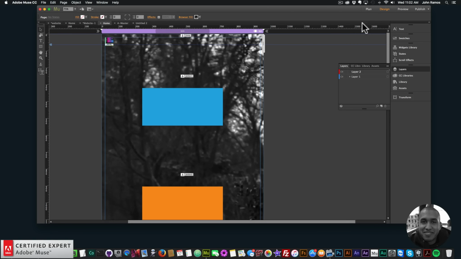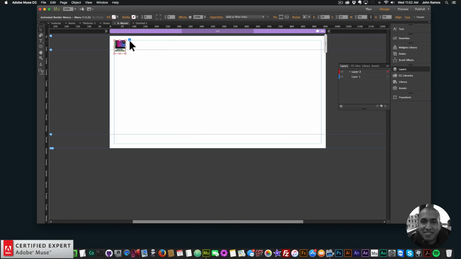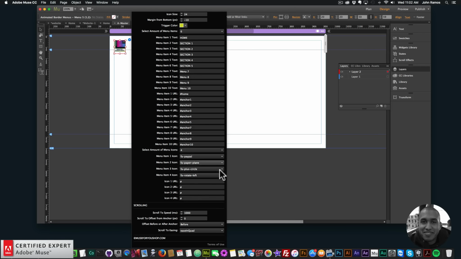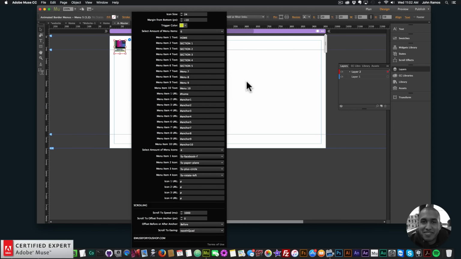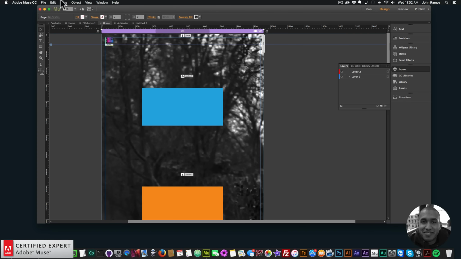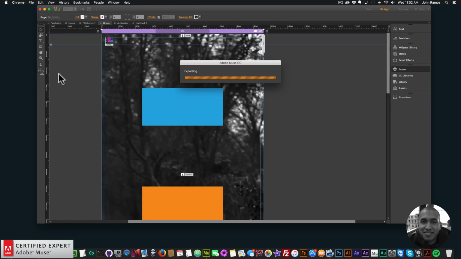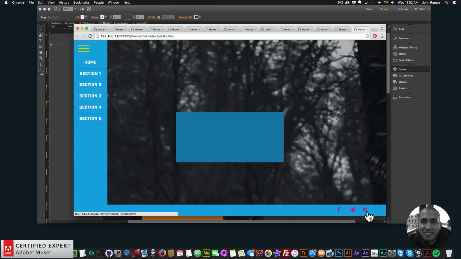And then here, I'll go to the master page. Here in the widget options, you do have the option of the menu icon. So, I could do Facebook, or there's just a lot of icons. If you did want to see the individual icons, I'll change it to Facebook, for instance, and then I'll go to the plan view, file, preview page in browser, and now this icon is Facebook, and you can have between 1 and 4 different menu